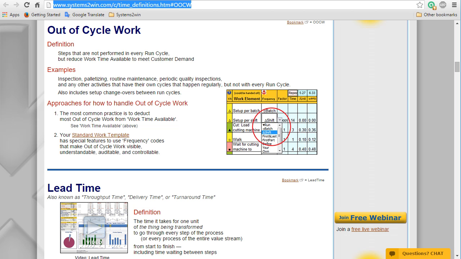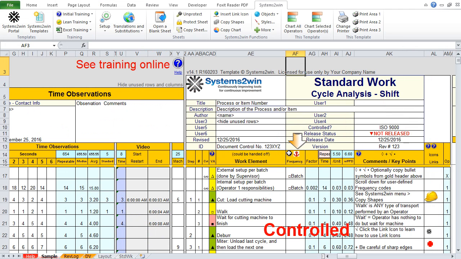And those things affect your work time available. They affect your costs. They affect your ability to meet your schedule. And out-of-cycle work is by far the most difficult thing to wrap your mind around for anyone who's trying to analyze standard work. And that's what your frequency codes do for you.